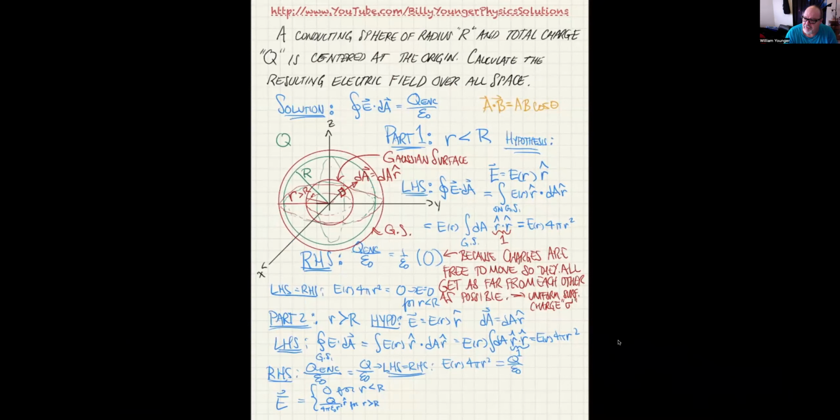In other words, the electric field is radial, and the surface is perpendicular to radial because it's a sphere. And it turns out there's a rule that basically says the perpendicular component of the electric field, perpendicular to